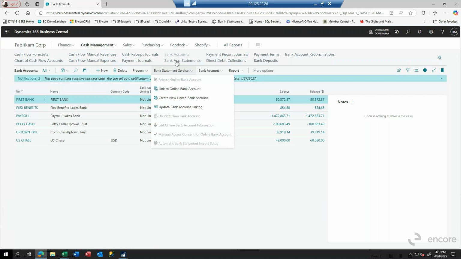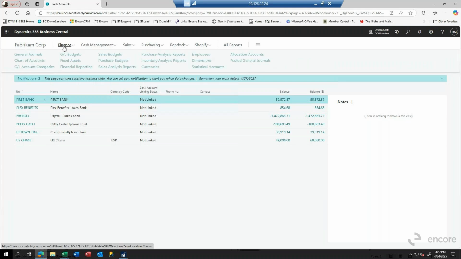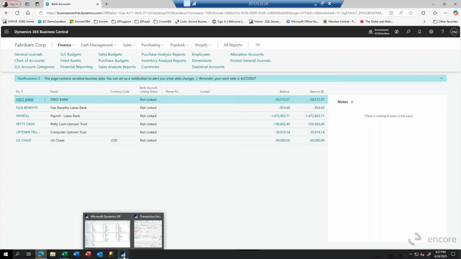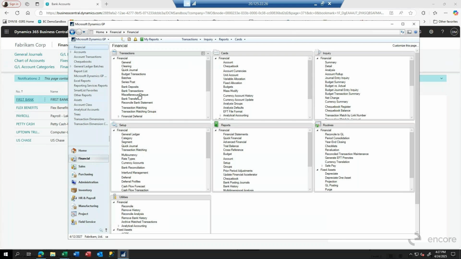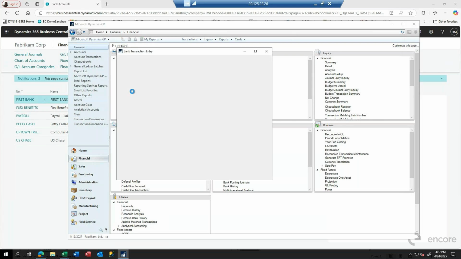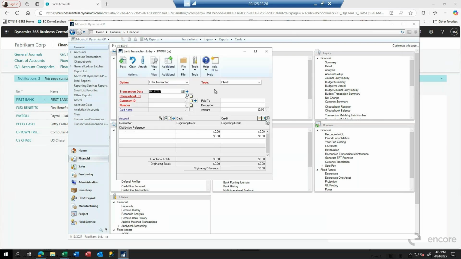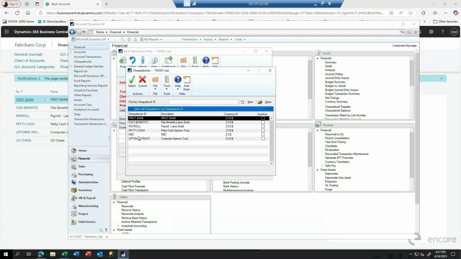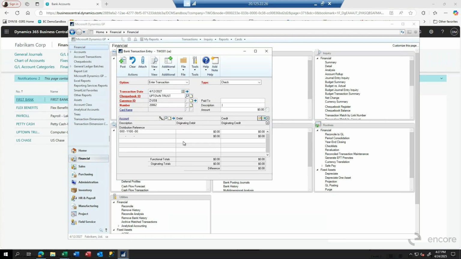Next is the transaction. Under a transaction, they're payment journals or whatever they happen to be. But the nice thing inside GP for our transactions is that we use the bank transaction screen. Inside here, I'm just going to do a check. Checkbook is going to be Town Trust, like so. Paid to,